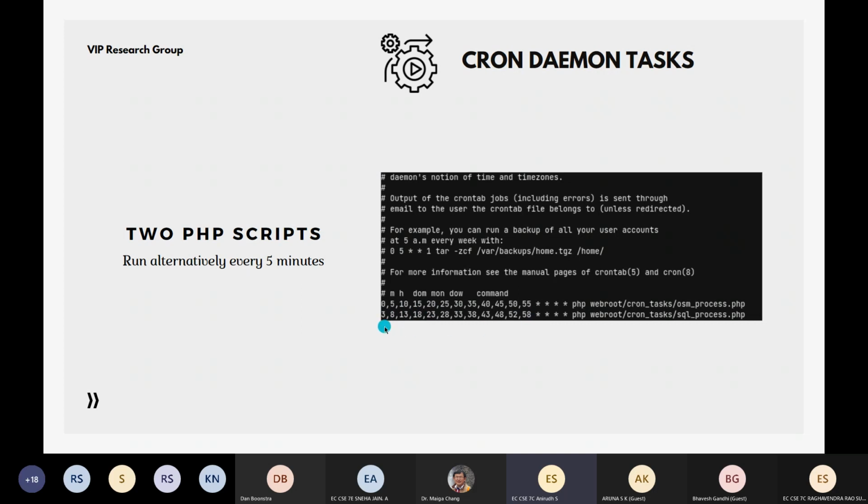And the second PHP script starts 3 minutes later. So it starts at the 3rd minute of the hour, and it goes till the 58th minute. This is going to be done all throughout the hour, next hour. So it's going to be done all throughout the day. So what each script does is,